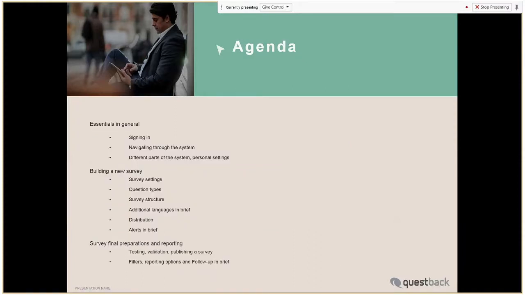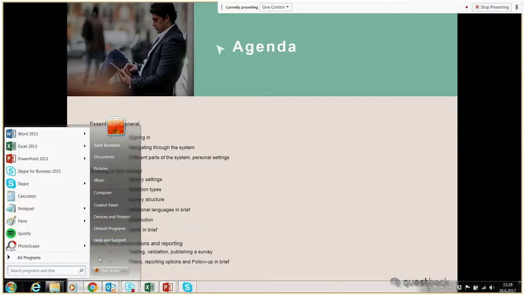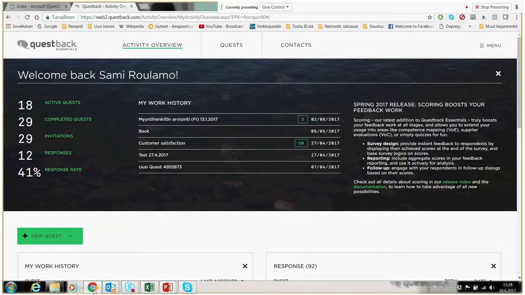Like I said, we're going to go through the system, so we're going to have a look in general first, how you sign in, how you navigate through the system, etc. And then we're going to spend most of the time building a new survey, so the survey process. I'm going to run you through that. And lastly, I'm going to go through the final preparations for your survey before publishing, and then publish it, and then have a quick look at the reporting as well. So without further ado, to be efficient, we might as well start having a look at the actual